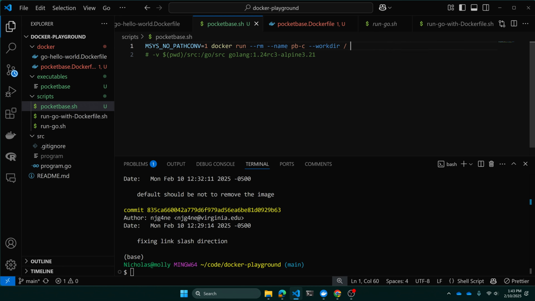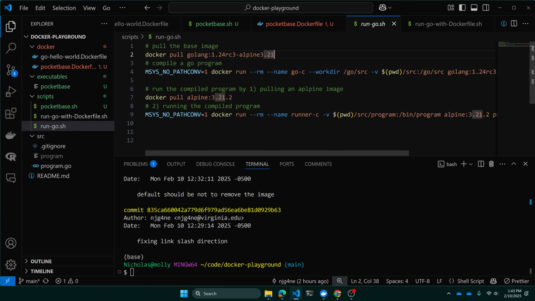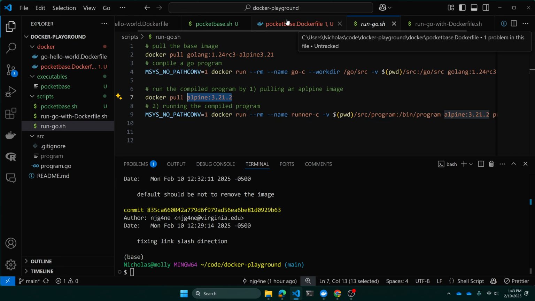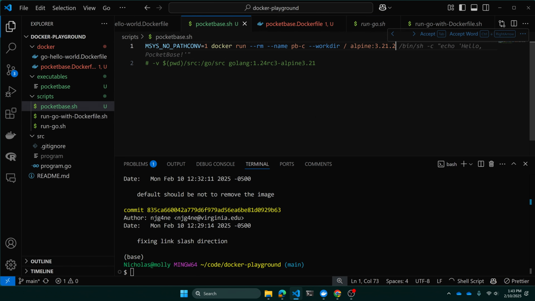of the image that we're going to run. Let's just start with something like just a basic Linux distribution. So we could use our Alpine, our basic Alpine we use to run a Go executable, for example. And turns out Pocket Base is actually made in Go too, so funny coincidence. So we can use that image right there, and then we can just run, sure, let's run sh or bin sh, and let's run it